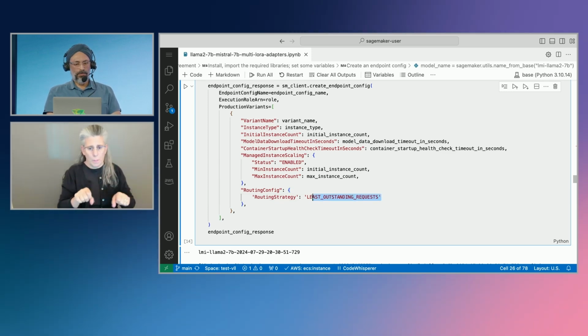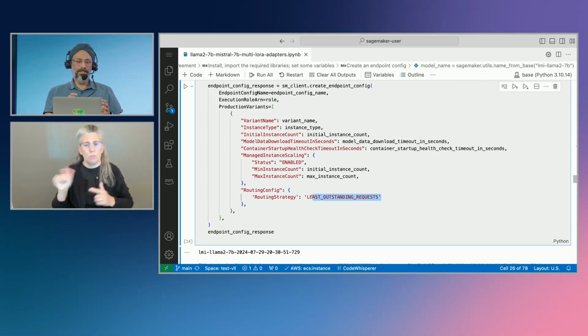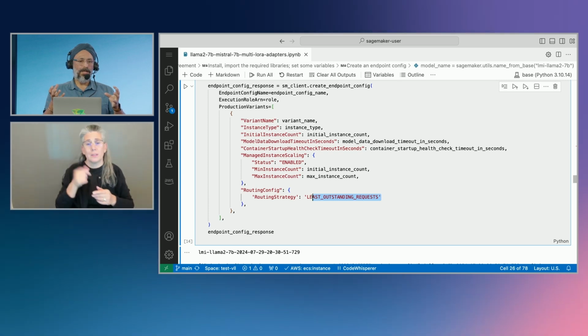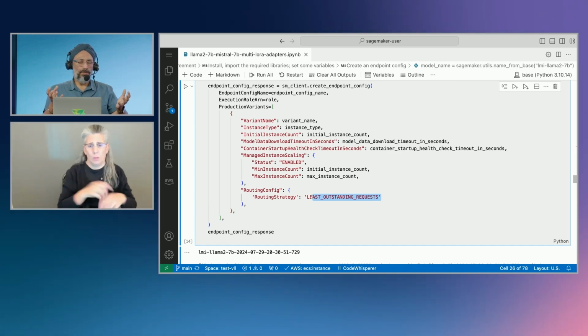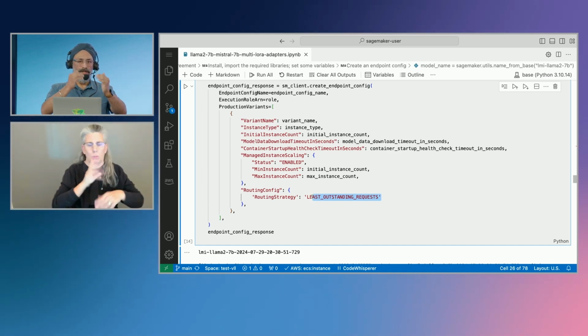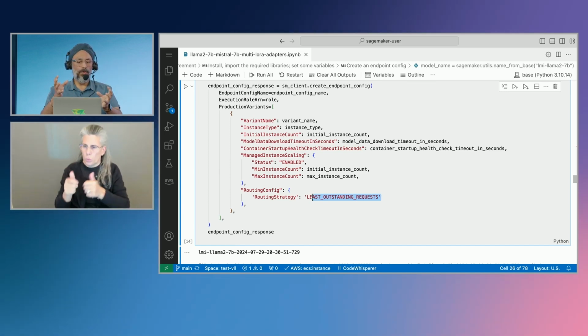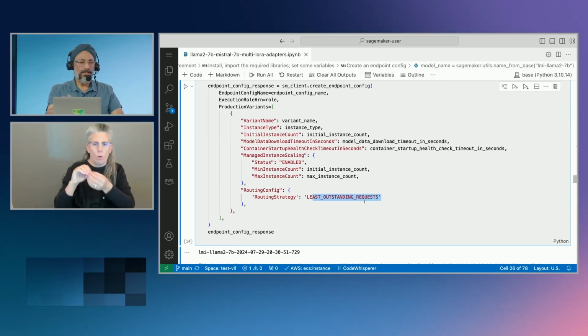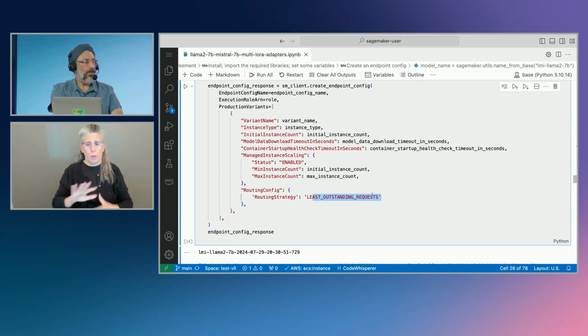The least outstanding request. So what we found is that typically people tend to round robin between these adapters. What we've seen is that it causes a bottleneck, because let's say I have a larger summarization task versus a generation task, which just says, generate me an article on economics. Now, if you put that request behind, you're going to lose out on time, right? So we basically look at the instances. We figure out, okay, which ones are less loaded, which ones are more loaded, and that's really what this whole request is. But it has, on an average, given us about 20% efficiency of how the routing looks like as we are going through.